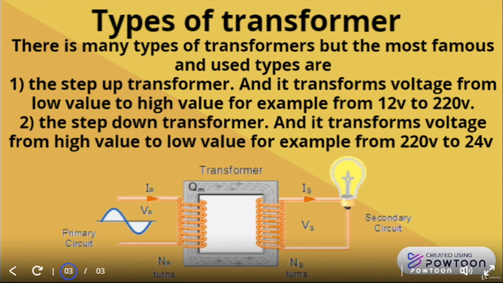So we are using this 5 volts DC to connect it to the phone, and then the phone will get charged, because the phone gets charged with 5 volts DC. Okay, so we are using this component, the transformer, to transform from a very high value such as 220 volts or 110 volts to the 5 volts that we are using in the